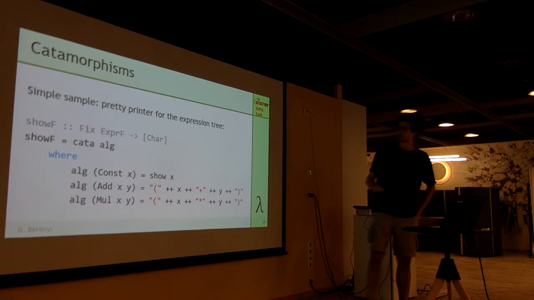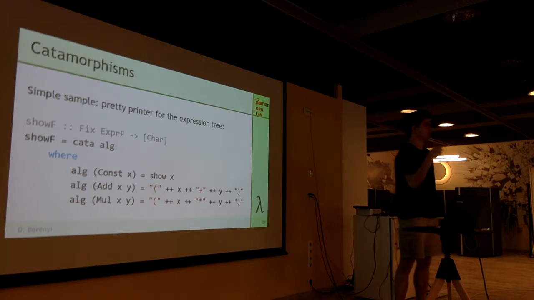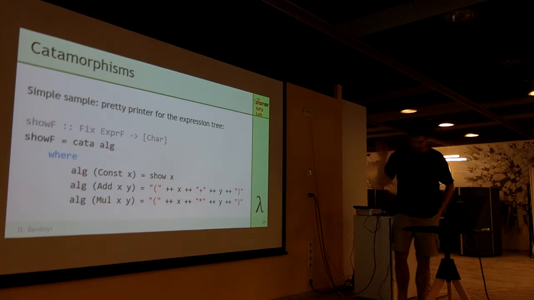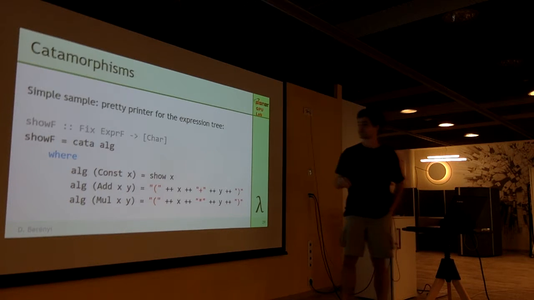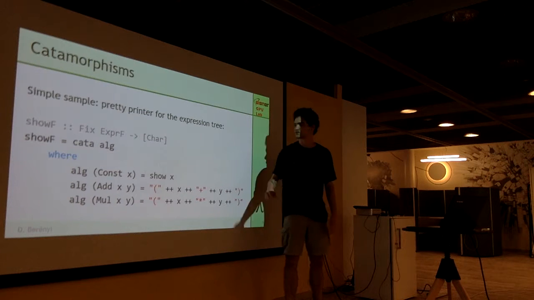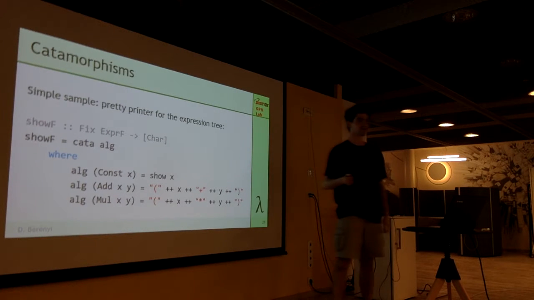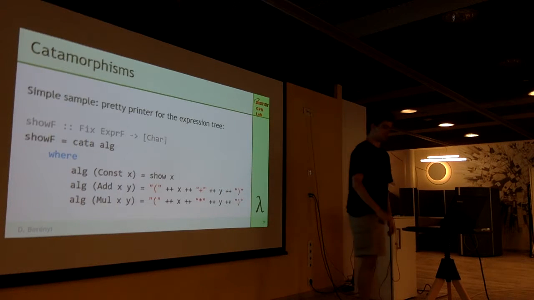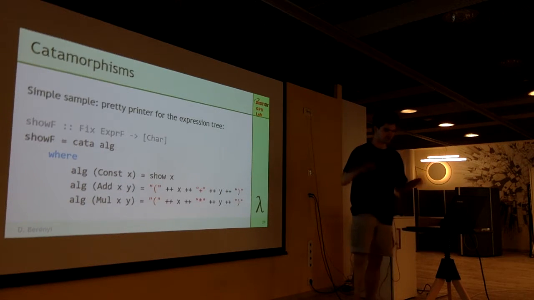Okay, so I'm going to give some small examples of what these could be used for. All of these will be available afterwards on the web page. I just didn't have time to send it already. So a really simple application is the pretty printer for our language. Now the logic that we are applying at each step is, if we have a constant node, we just show the integer value that we are storing at the constant node, and all the others will be just a concatenation of the sub-results and printing some nice parentheses.